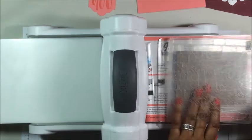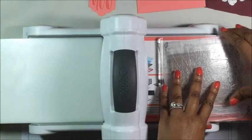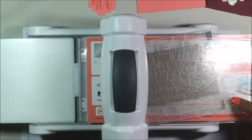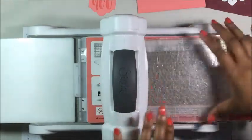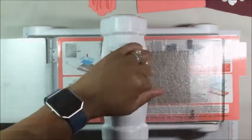I'm going to put our plate on top. And we're going to run it through. Oops, it's shifting. There we go. And here we go. Oh, that's so good. Okay. So let's see if we can